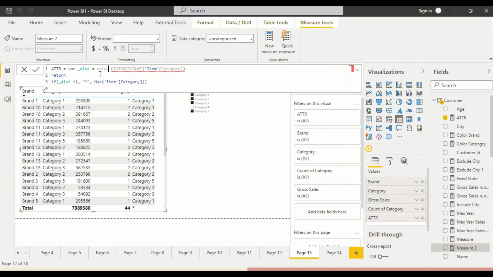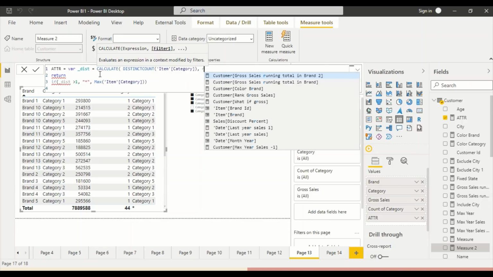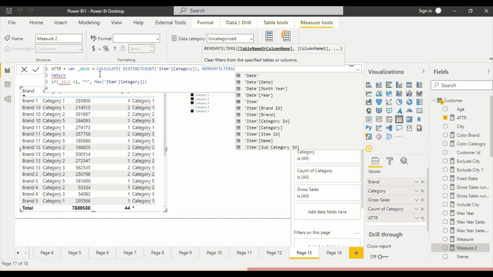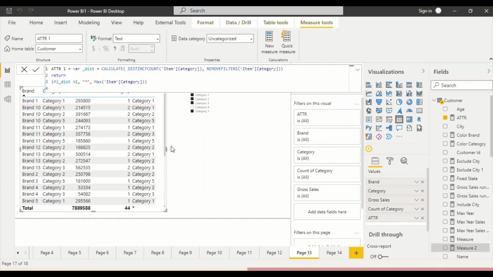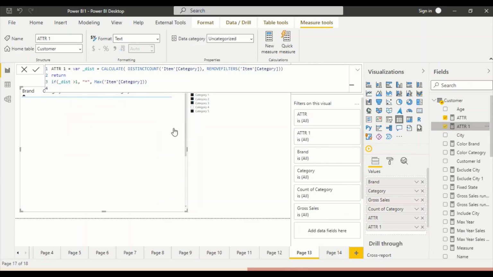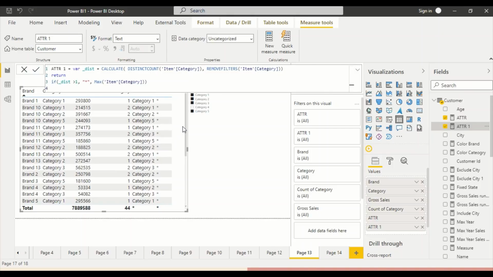And this is the newer version of Power BI, where you have to give a space before something to let it produce correctly. And let's say we say remove filters, item category. So let's say, does it help us? What I'm saying is, remove the filter of item category and calculate a new one at attribute 1. Is it able to go across the boundary and tell me? Okay. It's still showing me star. So if I remove the filter of category, that doesn't work out.